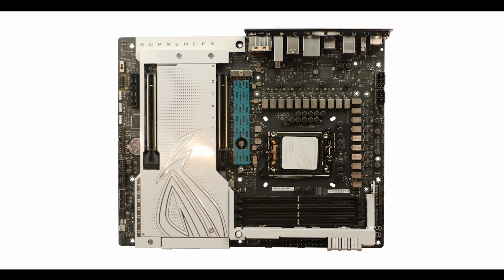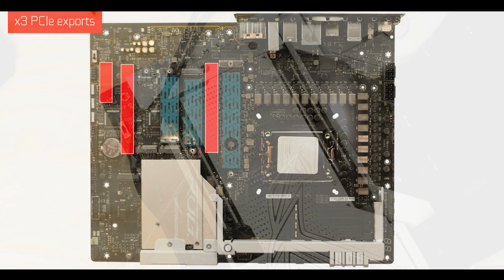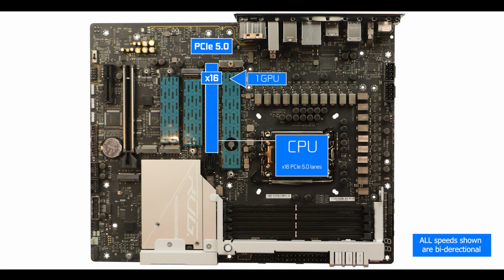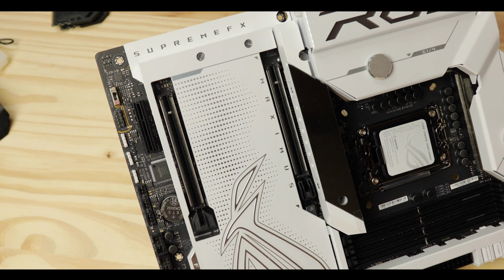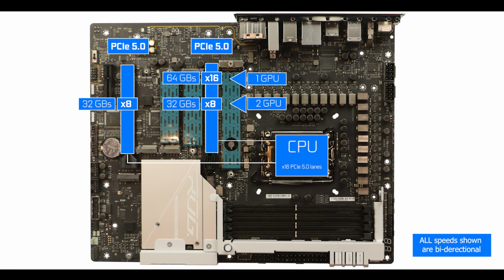Now, PCIe expansion-wise, well, just like the Hero, we are in the presence of a proper dual GPU board, which with the PCIe 5.0 standard is especially interesting and future-proofed. In a single GPU configuration, only our closest slot to the CPU can output up to 16 PCIe 5.0 lanes worth of bandwidth for a heavy 64 GB per second of data swap in each direction. In a dual GPU setup, both of our slots now share our CPU PCIe 5 lanes for an 8x8 bifurcation, more than enough to fully support a dual 4090 without any bottlenecking,